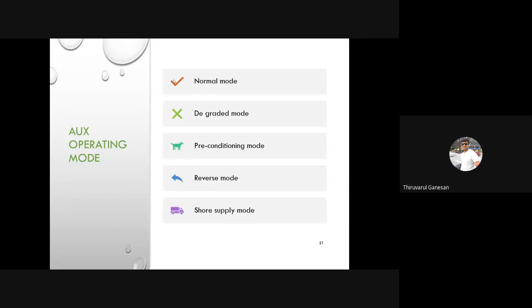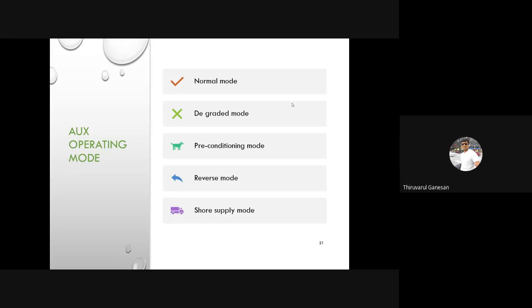The second one, degraded mode. For example, you can consider out of 2 auxiliary converters in the 4 cars, 1 auxiliary converter is isolated due to some fault condition. By that time, the other auxiliary converter has to supply 4 cars. In this case, you cannot supply all loads. You have to choose the necessity loads, or if you consider 1 car has 2 HVAC or air conditioning systems, you can consider half of the load. Maybe 1 HVAC can work in the degraded mode. Like that, you have to consider.